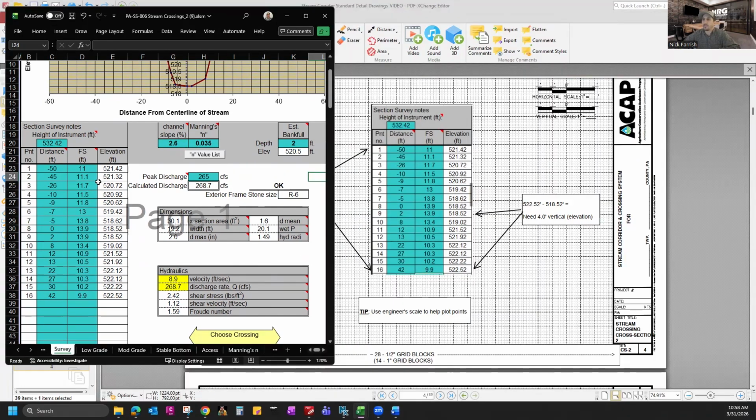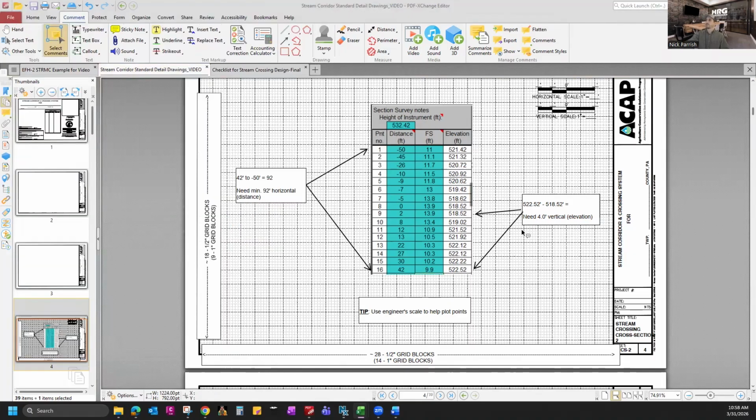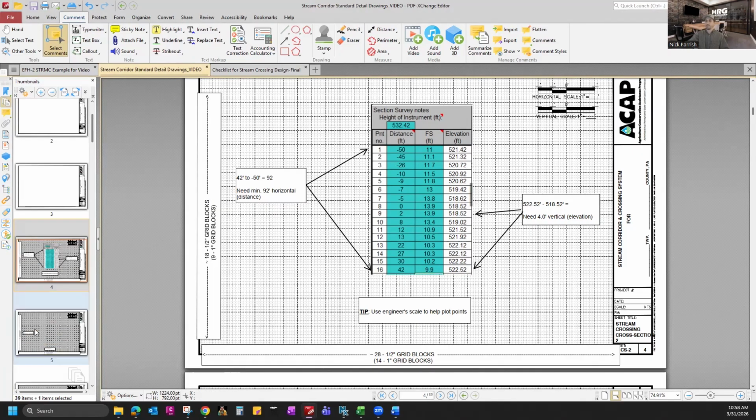As you can see, I've copied the survey notes here just for reference. This does not need to be or should not be included on the cross section. However, just for training purposes, I added it there to show that when laying out the cross section or profile,